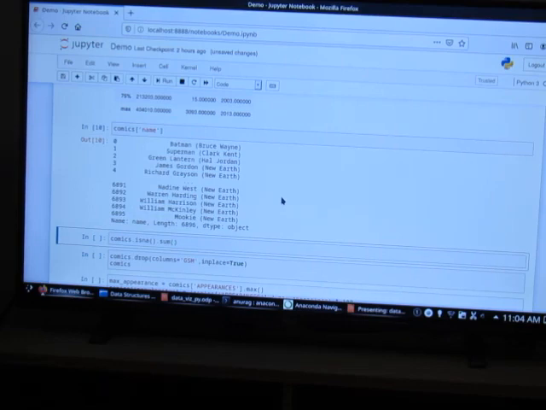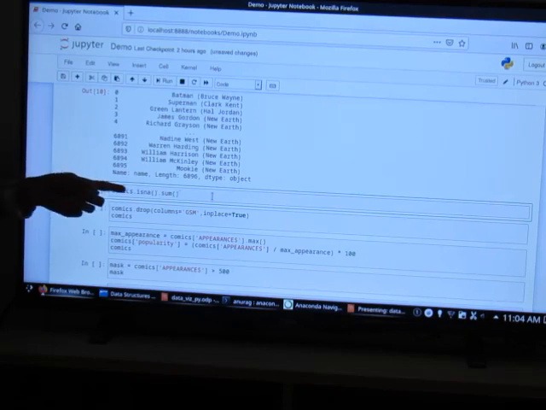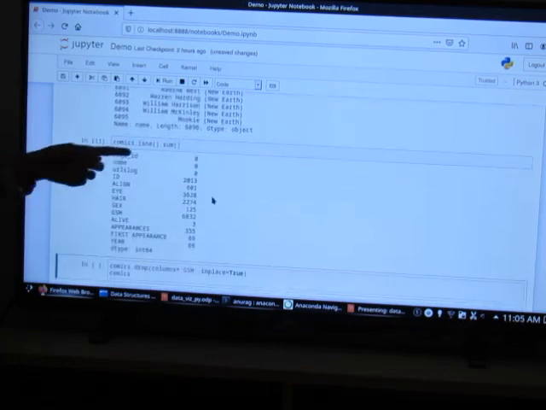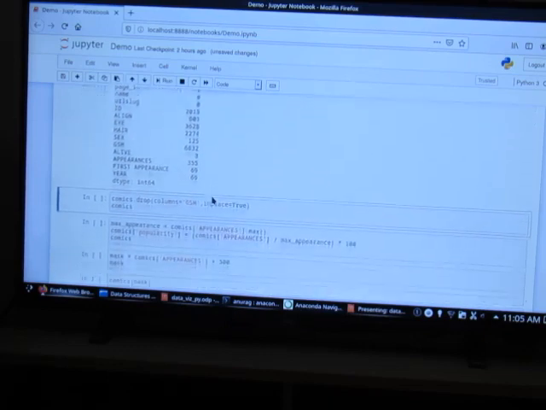And then we can check whether there are any null values in our data by using isna. isna will return true or false, where true would represent it's null and false means it's not null. Sum will just tell us how many instances there are. So as we can see, most columns don't have any null values, but this one column, GSM, is almost entirely null, so we may want to remove that column.